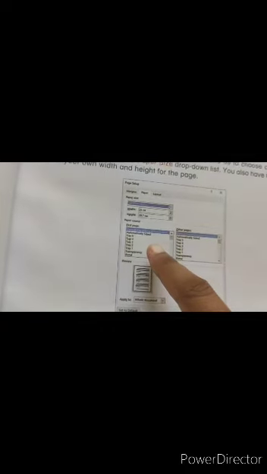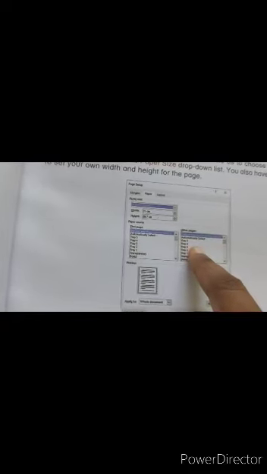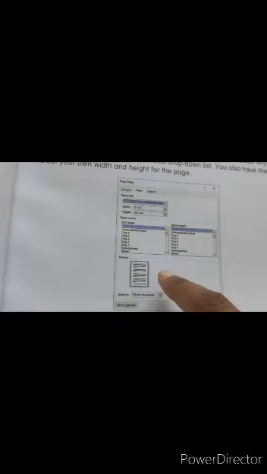Then paper source, first page, other pages, last page, these options are also given here. You can select which type you want, and you can select on which page also. After doing it, you can see what you have chosen and how your paper looks.